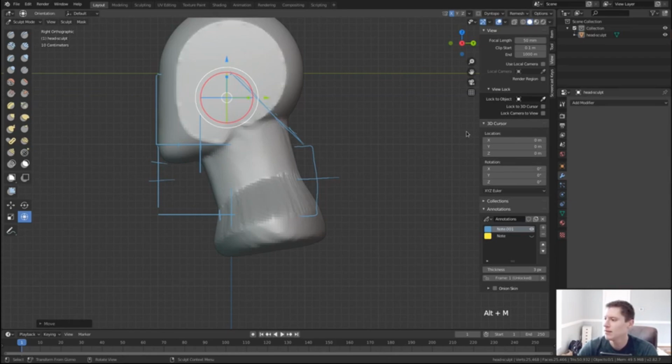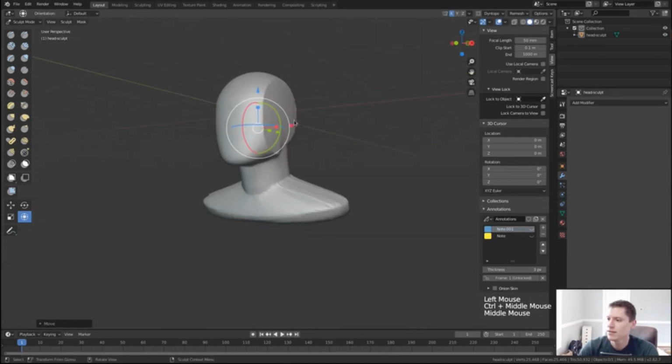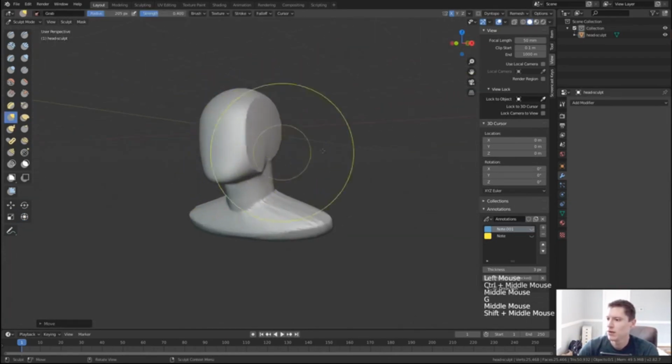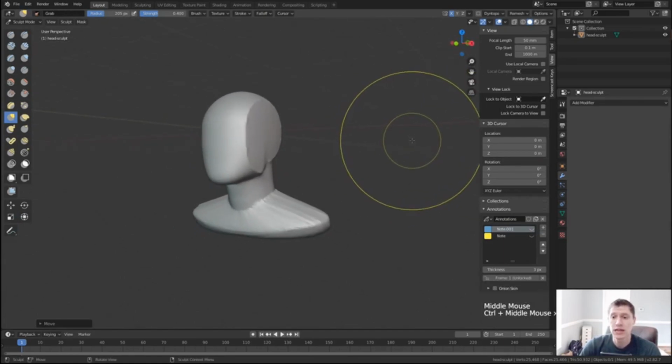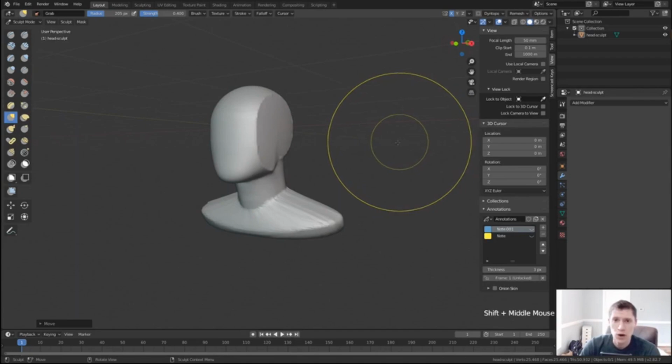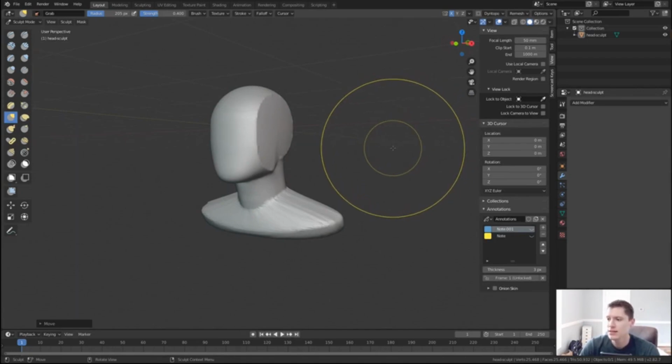Alt M to clear the mask. Let's turn off our annotations. Switch to a different brush so you can get an idea of what the proportions look like so far. And this is stage 1 of the block out. In the next lesson, we'll look at stage